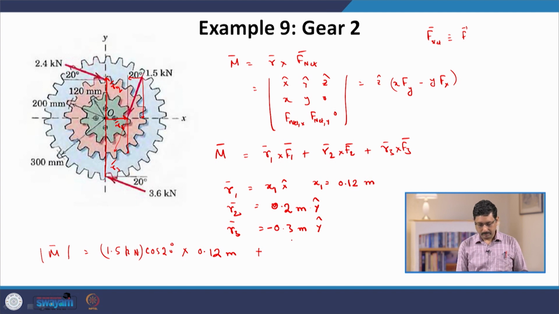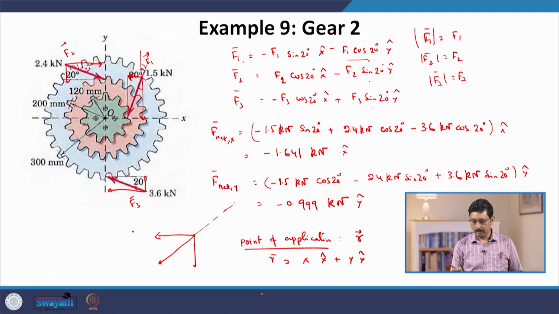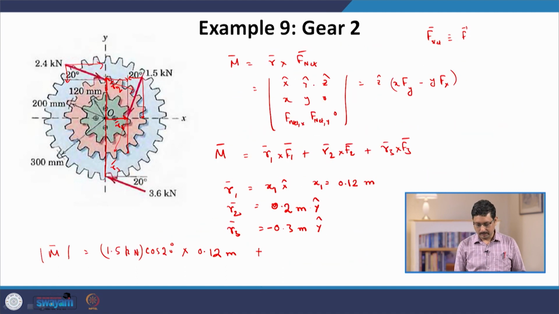The second term will be R2. In this case only the x component contributes, because if we move F2 along its line of action, we can see that the line of action of the y component passes through the pivot point O. So only the x component will contribute, and the x component was F2 cos 20 degree. So this is 2.4 kilonewton cos 20 degree times 0.2 meter,